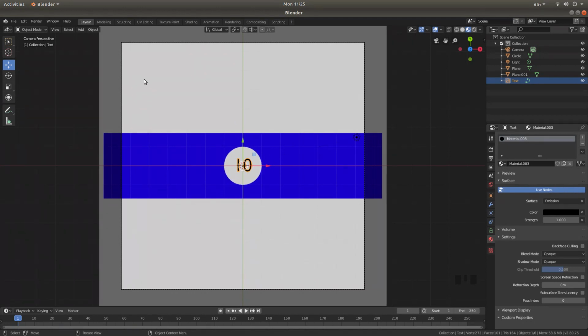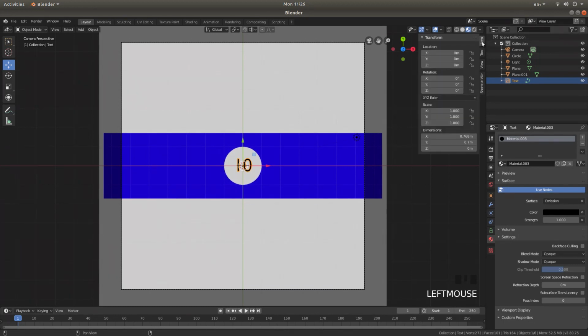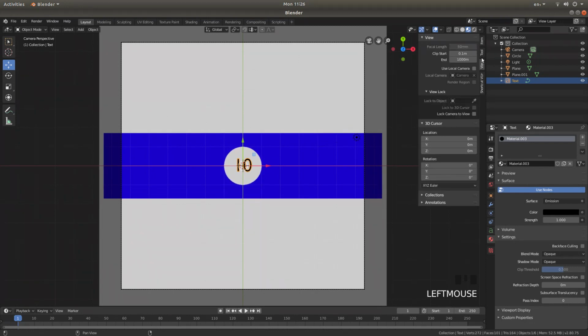Now I'm going to just make this view slightly bigger. It doesn't matter what is on outside of the camera view. So if you just press N on your keyboard and then make sure the view is selected. There's a box that says lock camera to view, left click in this so that